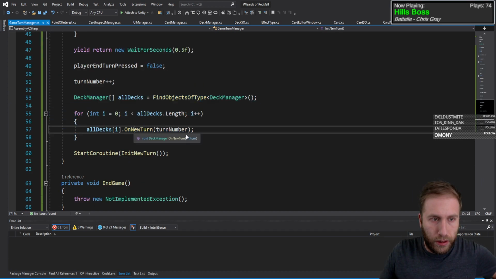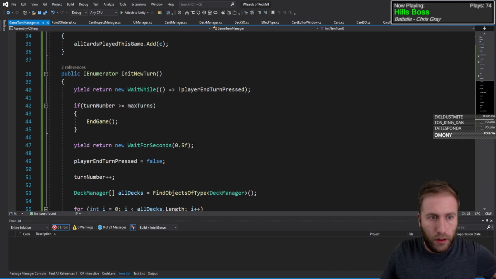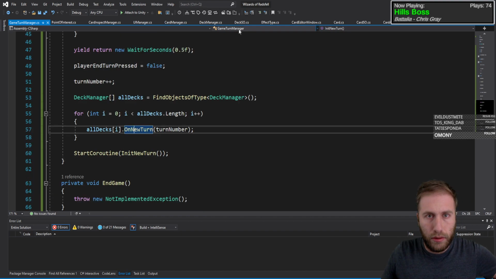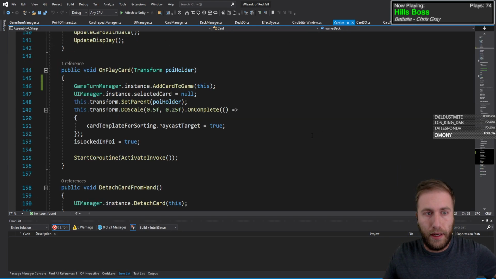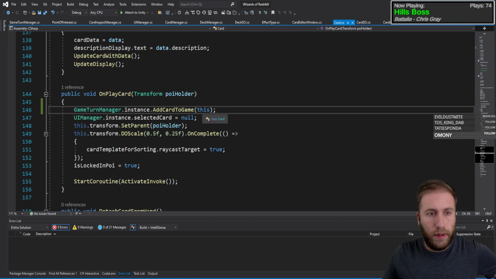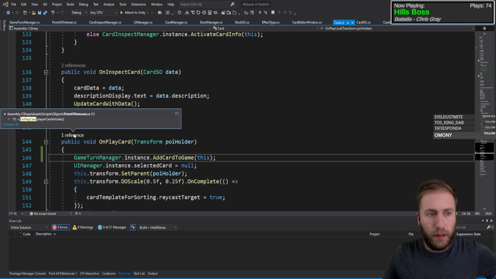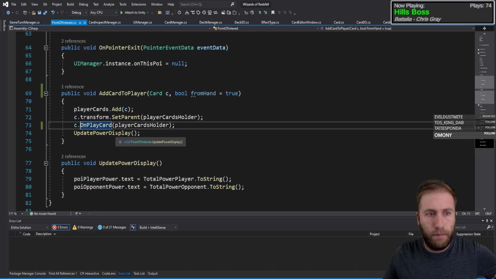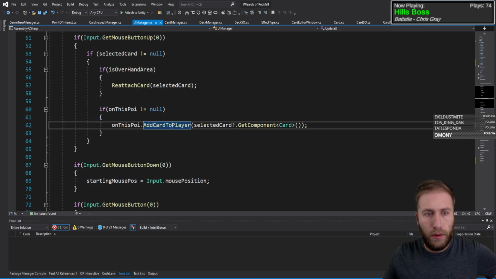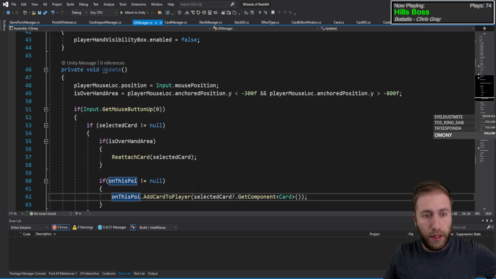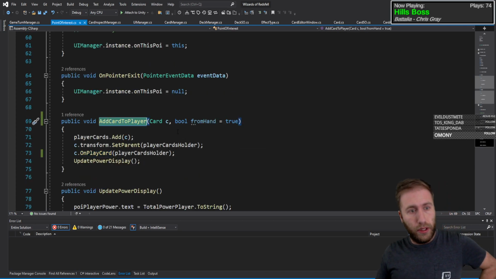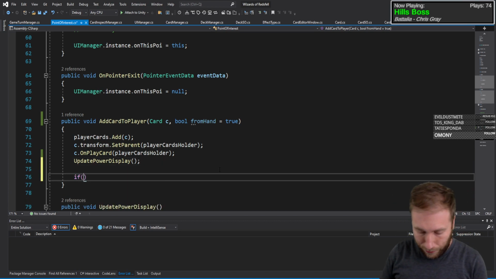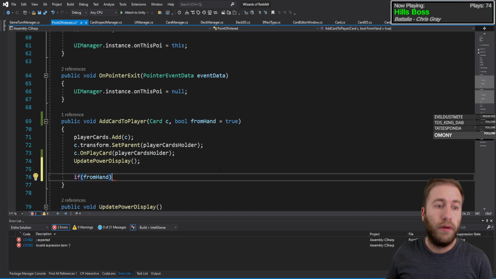So I was doing on new turn. End turn press. Oh, to see where a card. Oh, okay. I got it. It was from here on play card, right? Was it on play card? Add card to player. Okay, so when you let go here, add card to player. If add card to player is good and it's from hand, there it is. If from hand is true,